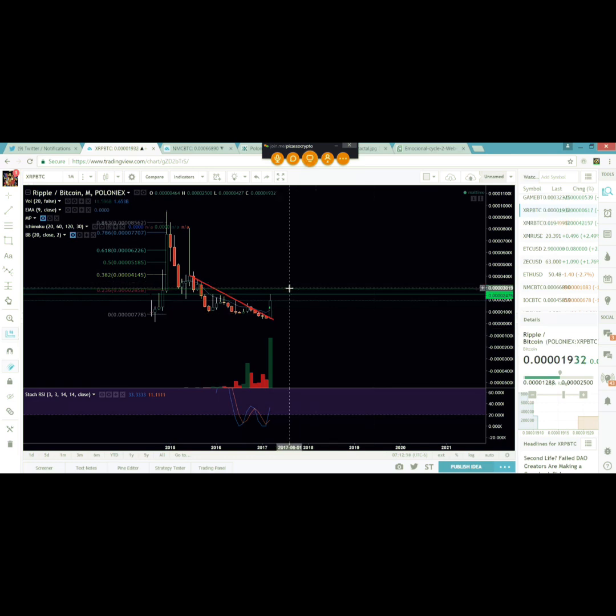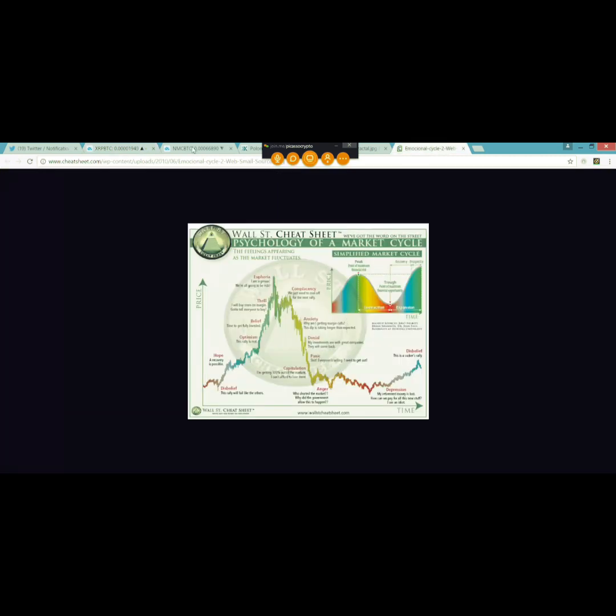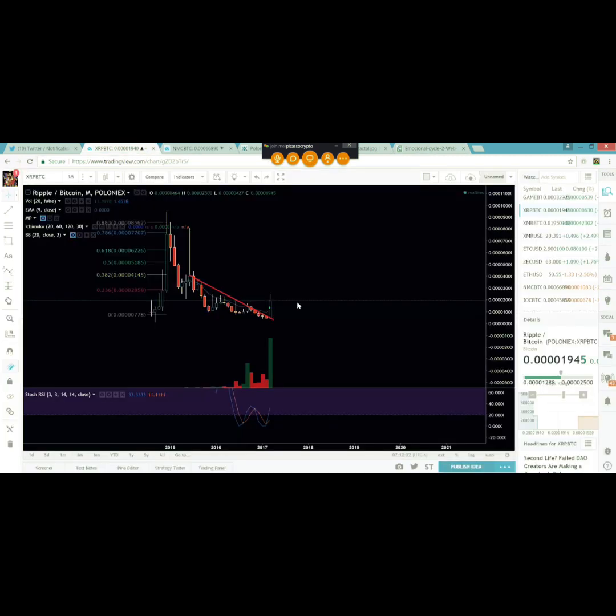All right, so the way that I analyze these things, guys, is that I look for high time frame changes. I'll roll through the charts and look at these coins and say, okay, where is this at in its market cycle? How has this showed itself? And so I see on a higher time frame, we had a large market cycle in the monthly.